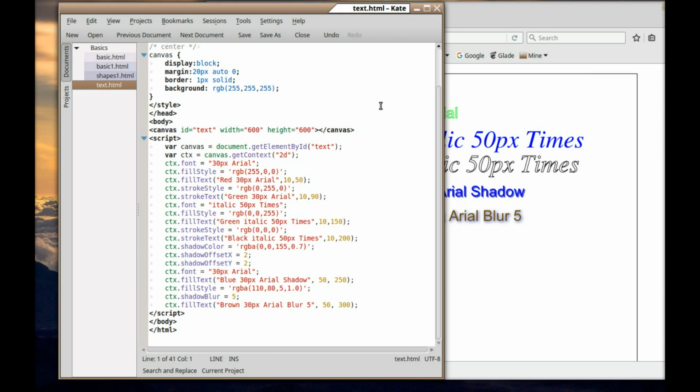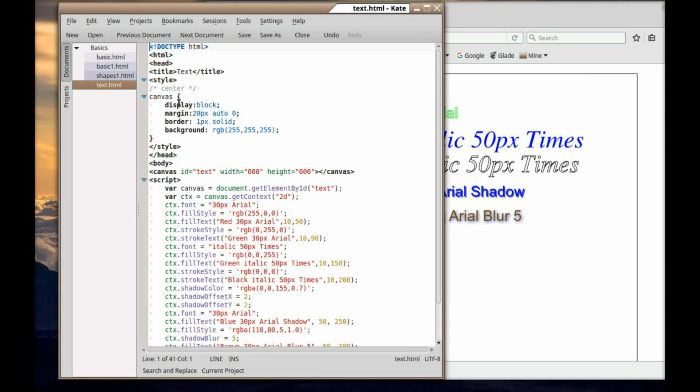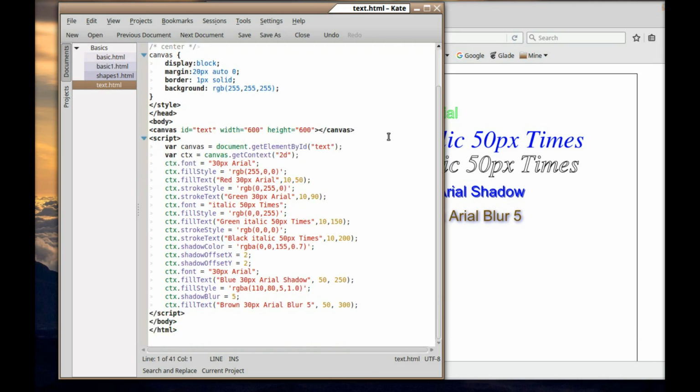So continuing on with our canvas, up here it's pretty much the same, although we may have played with a couple of colours here. That's alright, and we may have made our margin slightly bigger. What we're doing here is we're putting in some text. So the same thing at the top, the declaration ID there, slightly different, doesn't matter as long as they match. Now each one of these, it's a bit over the top, I'll admit. So we declare the font that we want, that's declaring the font. This is declaring how we want it to look, and this is what we want it to say and where to say it. Okay, so right,